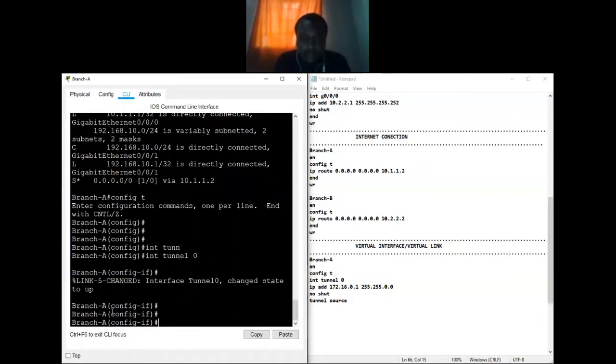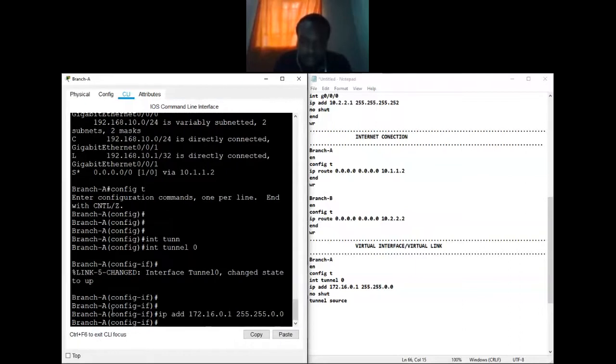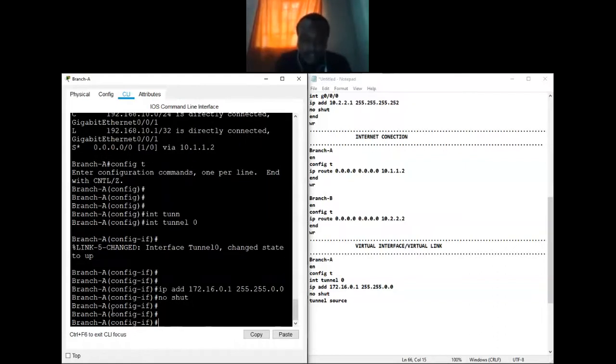That's the first thing we do. You will see the interface will drop because the virtual interface IP address 172.16.0.1, space 255.255.0.0. Remember two 255s and two zeros on the subnet mask, and then no shut. It won't be any issue.